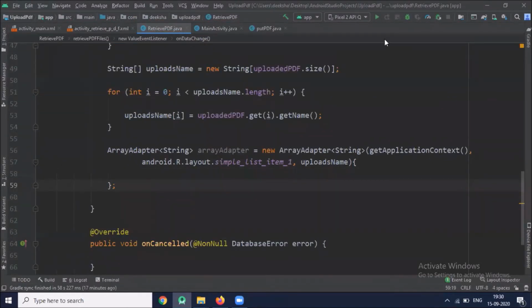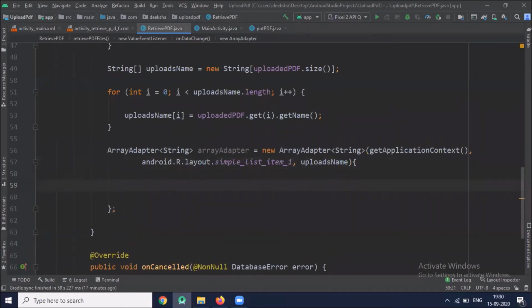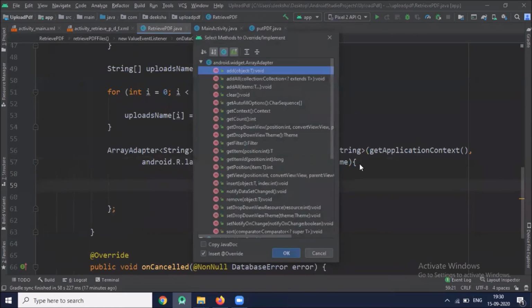Now we want to display our name in a text view. So here we create one override method, getView.